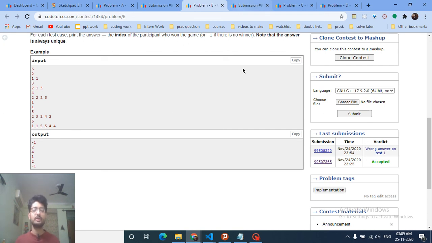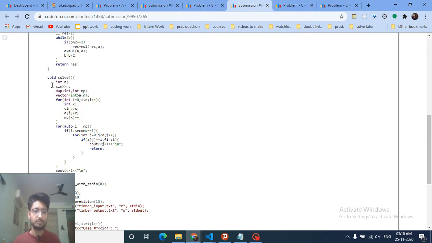So what you can do is make a frequency map of all the numbers, or use a map to store the frequency of every number. After storing the frequency, you can move from left to right, because the numbers are sorted if you use a map, and thus you will always find the minimum number that has frequency equal to 1. So you have to iterate over the map and find the smallest number which has frequency equal to 1. If you find that number, then find the index of that number by iterating over the whole array again. And if you don't find any number whose frequency is equal to 1, then the answer is -1. So that's the logic for this problem.